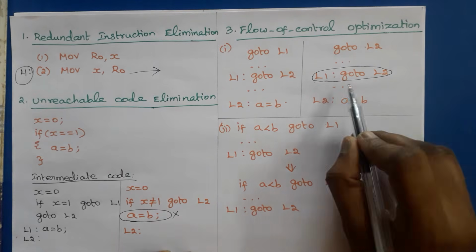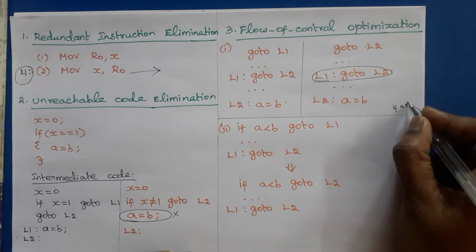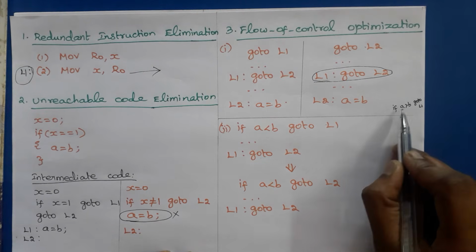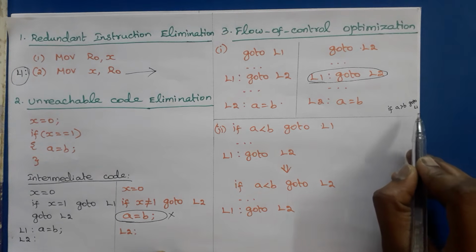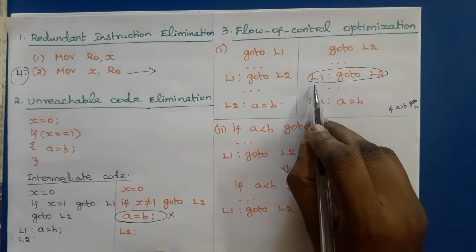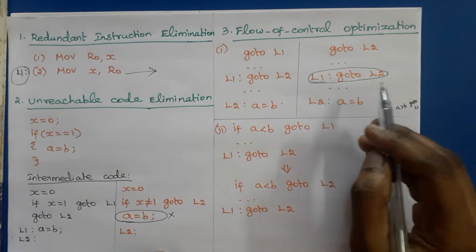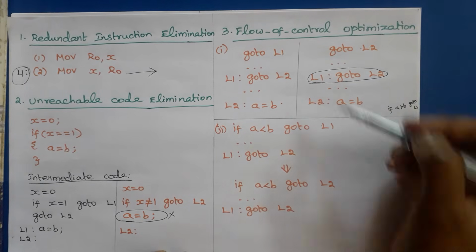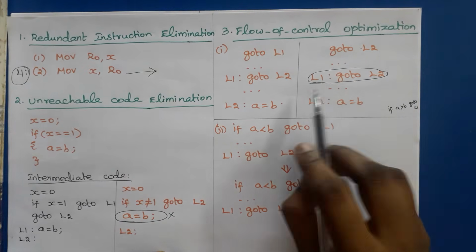Suppose some other statement has if A greater than B, go to L1, this statement's target is L1, right? So that jump is performed to this L1. In that case, we should not remove this statement. Otherwise, if this statement is not the target of any other statement in the same code, then we can safely remove this code from the